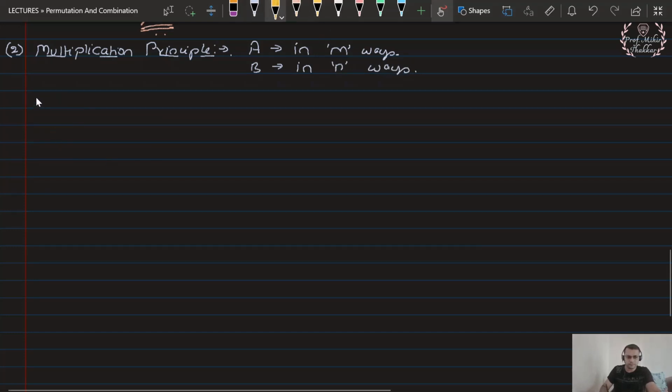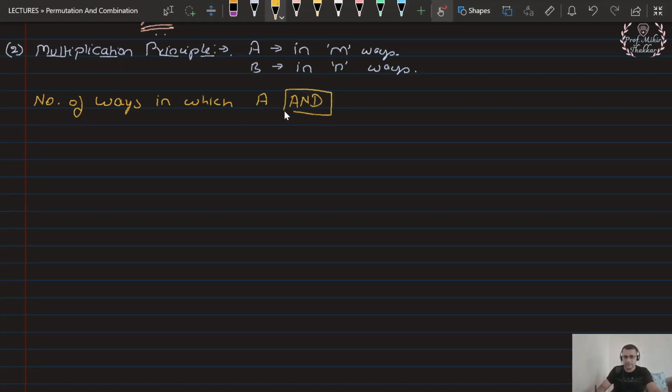So the number of ways in which A and B can be done together